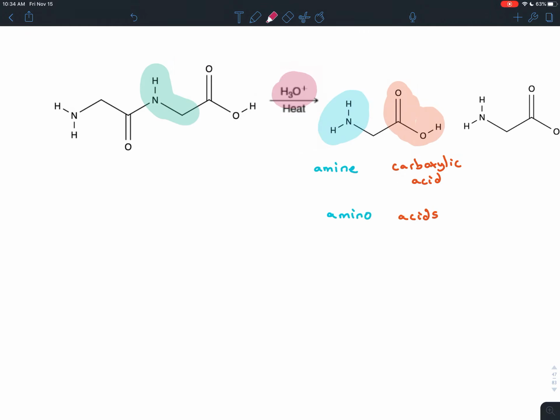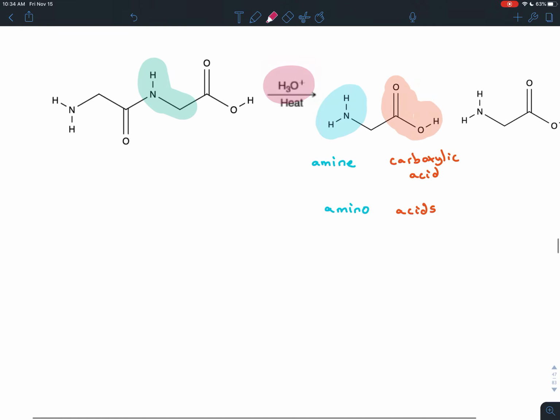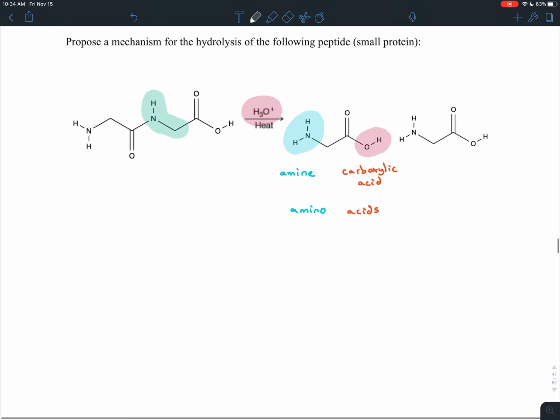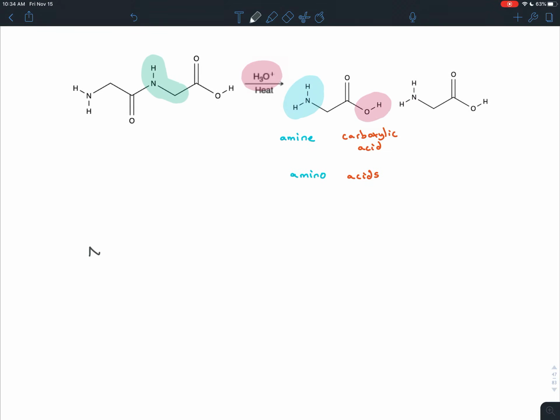Well, where is our nucleophile? It's a weak nucleophile. It even has a positive charge right now, but it is our nucleophile, and if you were in doubt, you could look at the product. You notice that next to that carbonyl, you don't have a nitrogen anymore, you have an OH. So the OH is our nucleophile, and the place we're going to get it is from that H3O+, the hydronium. Okay. So in the first step, and here I'll just draw this, in the first step,